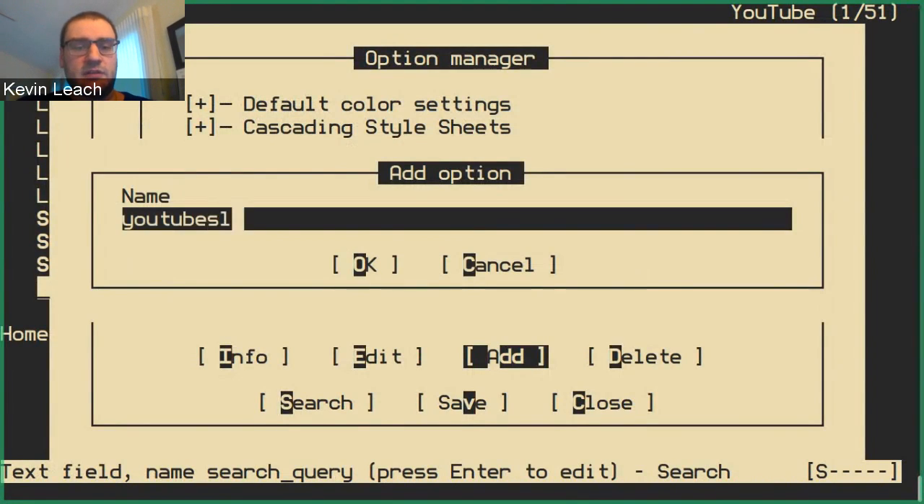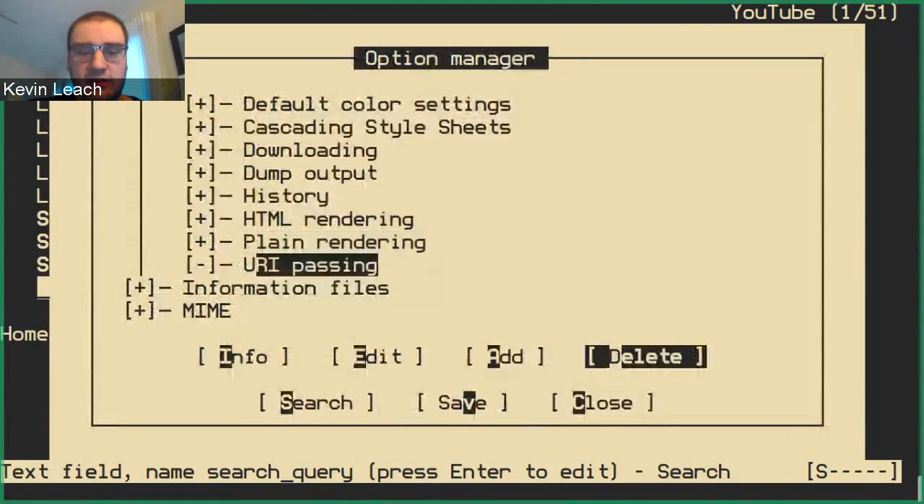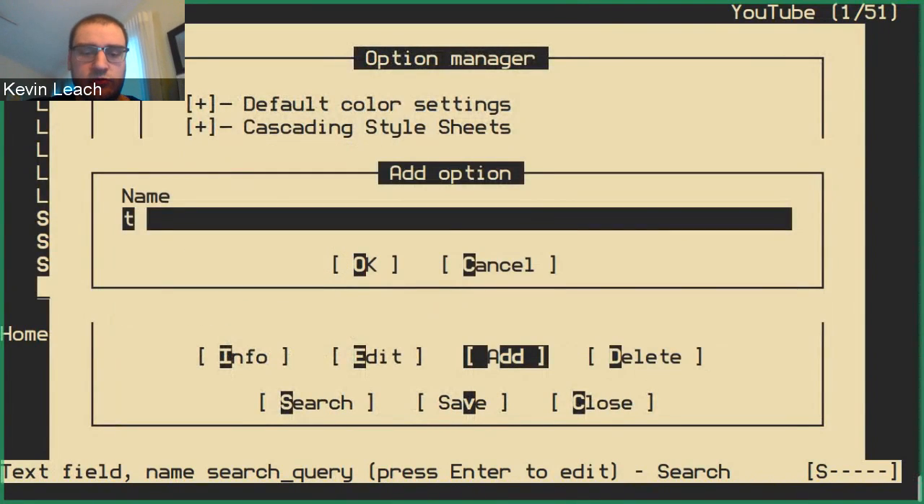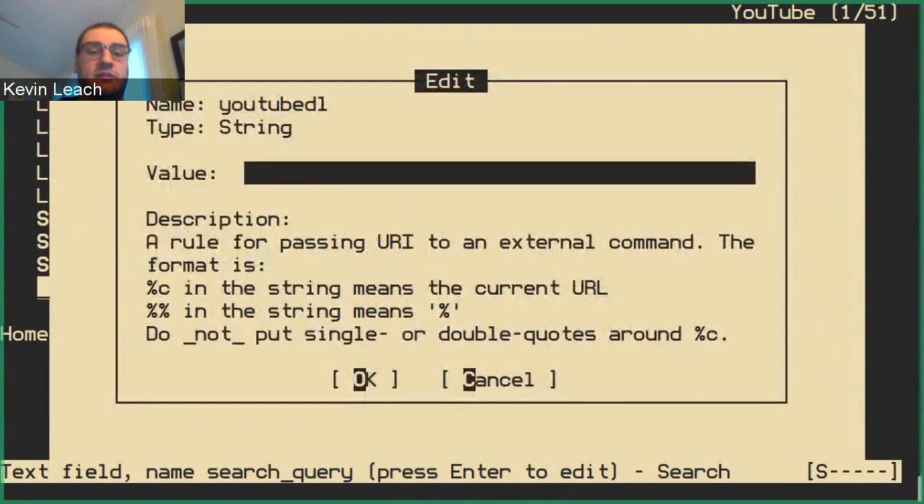I want to do YouTube DL. So we'll just call it that. First of all, let's delete it. I want to add, let me spell it correctly this time, YouTube DL. Awesome. I want to edit it, and the value here is whatever command I want to run. So test.sh,